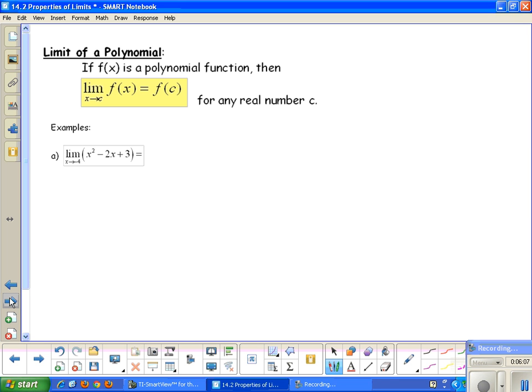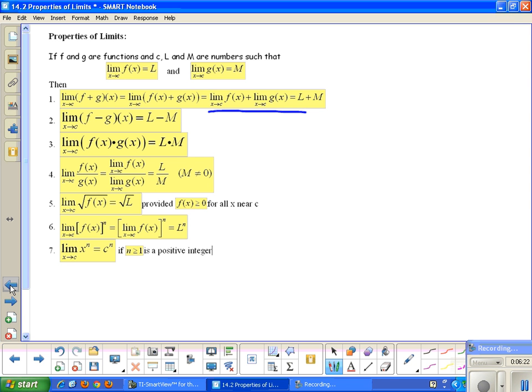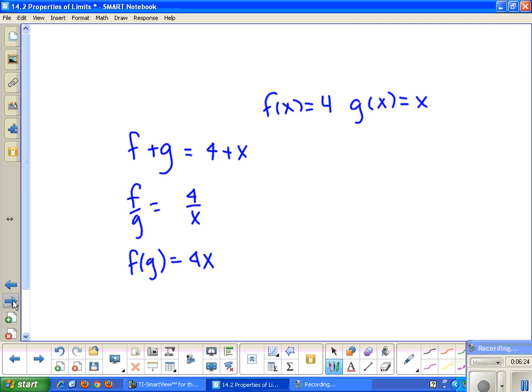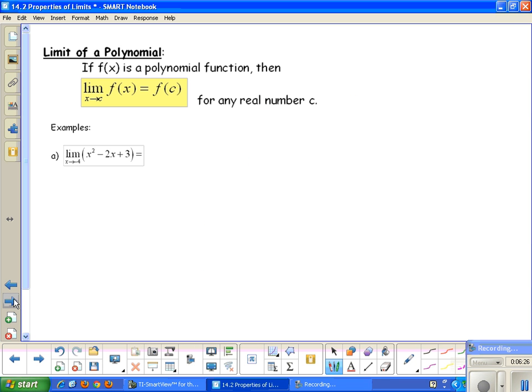For this first equation that we have right here, this is a on your sheet, or if you don't have a sheet, just write it down. The limit as x approaches -4 for x squared minus 2x plus 3. The way that we would solve this is by using all of these properties right here. So if I have part of my function being added or subtracted, then I can separate this by doing each of the limits separately. So the limit as x approaches -4 of x squared,